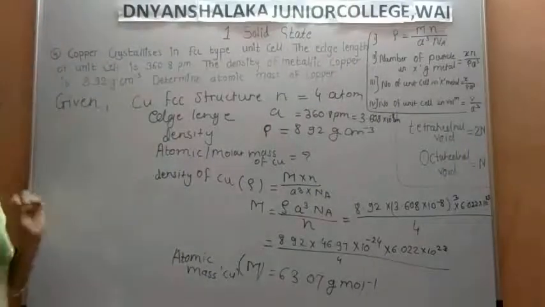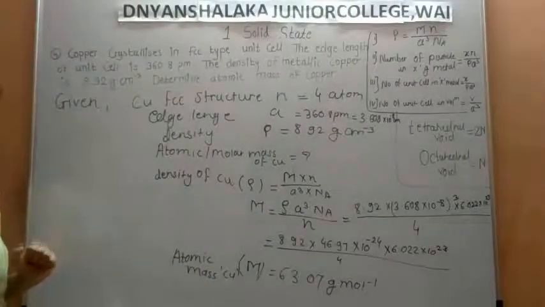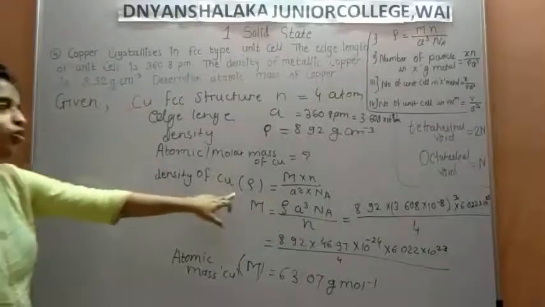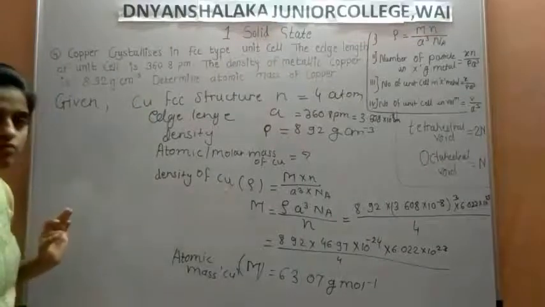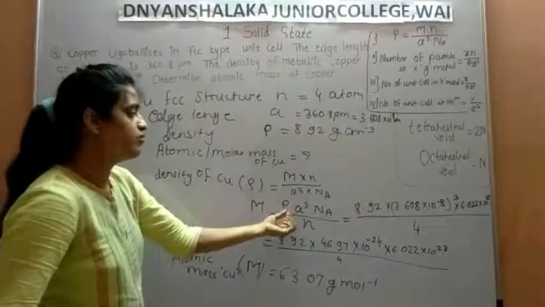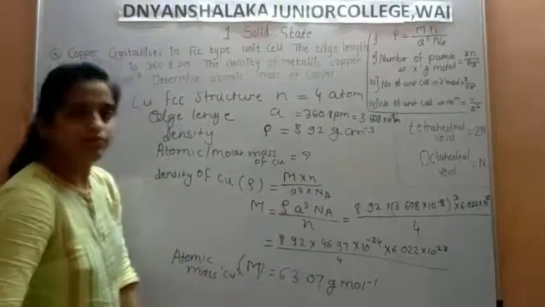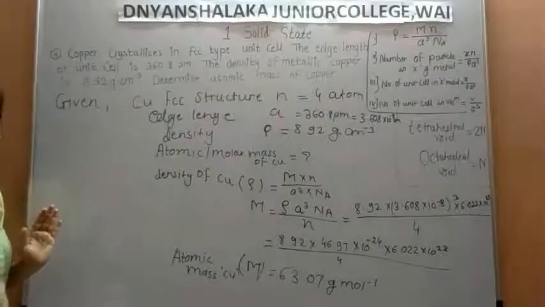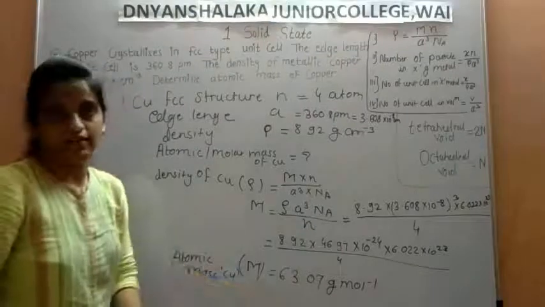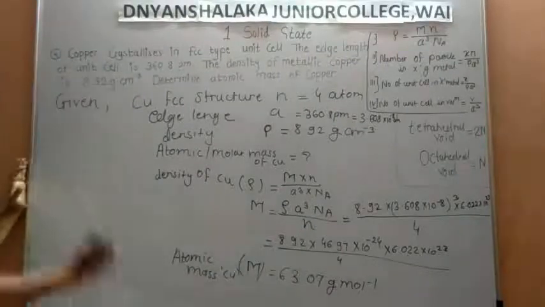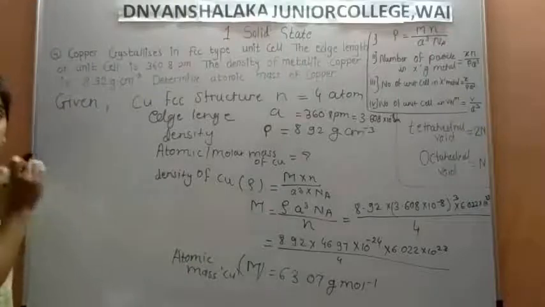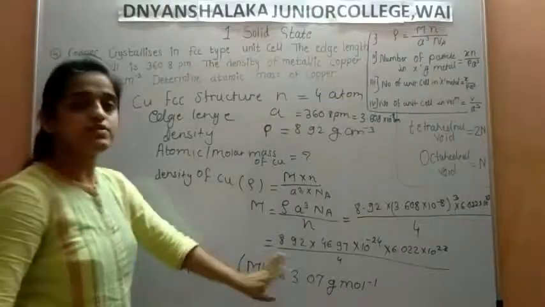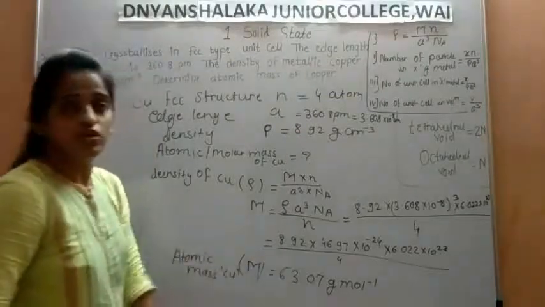So using this logarithm method we can find answers for different types of examples. This is an example using the rho formula, means density of crystal, rearranging to M equals rho into a cube into Na upon n. So solve carefully with mathematical concepts and we get the final answer correctly. Using the log table, we also find the same answer of this question.